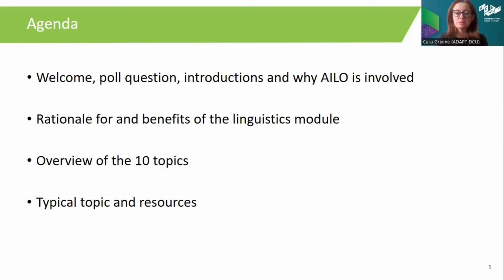We ran a poll question with teachers. We asked three questions: where they had heard about the linguistics module, their confidence in teaching linguistics at the moment, and how likely it was that they would undertake the module. Again, a lot of people had heard about it through Post-Primary Languages Ireland. A lot of people had heard it through the All Ireland Linguistics Olympiad. A lot of people were new to linguistics, and it came across that a lot of people are intending to at least have a part of the module in their schools in September.